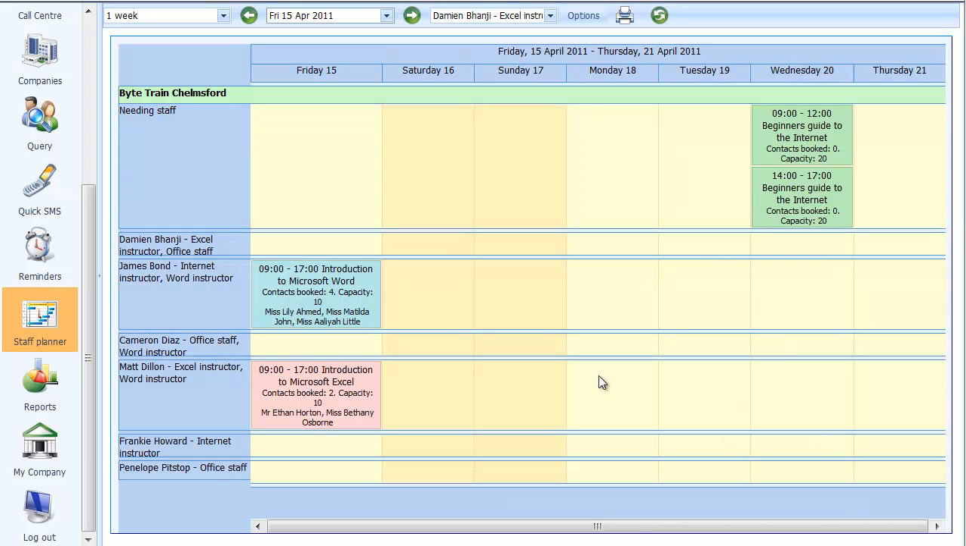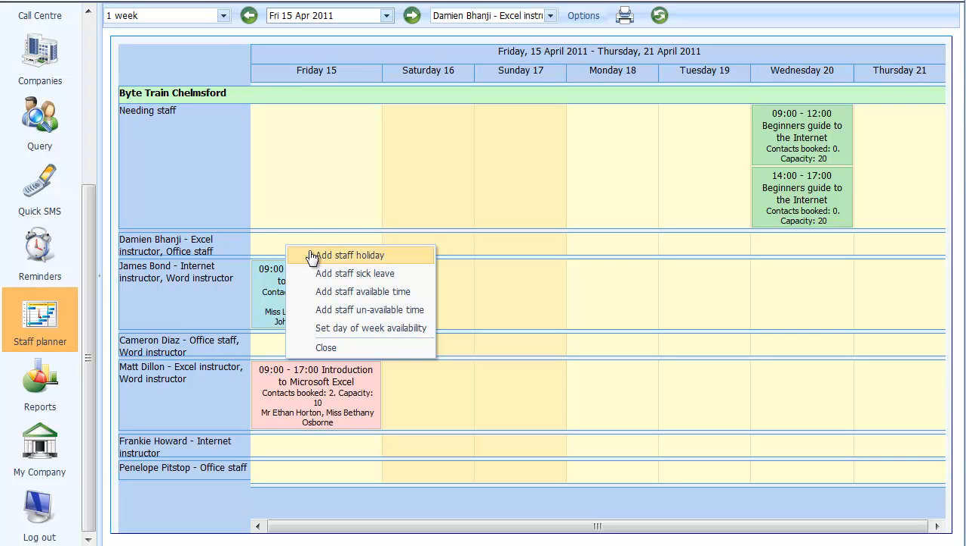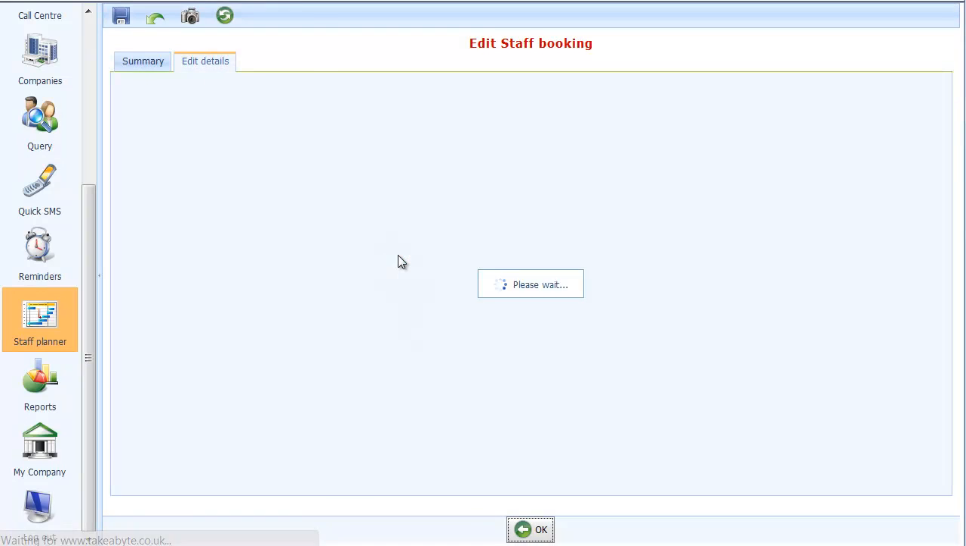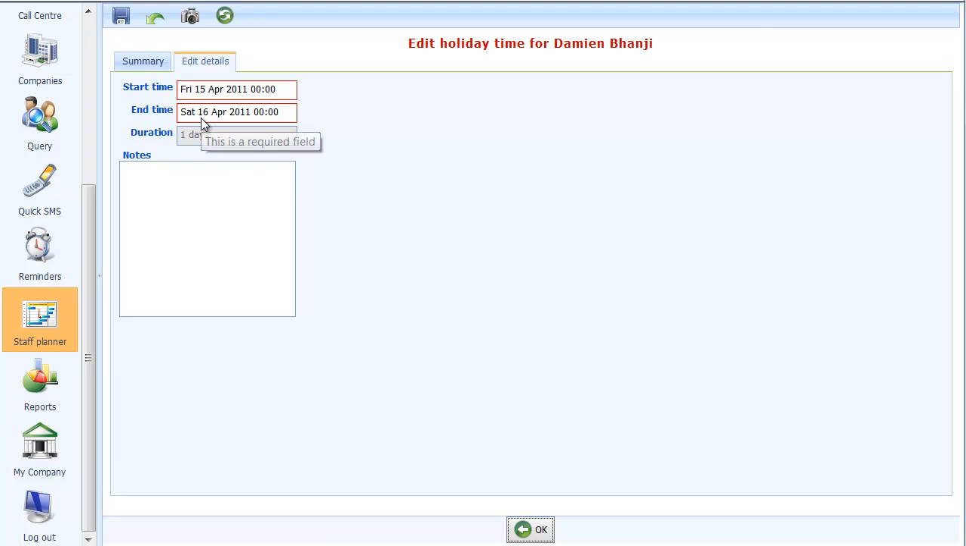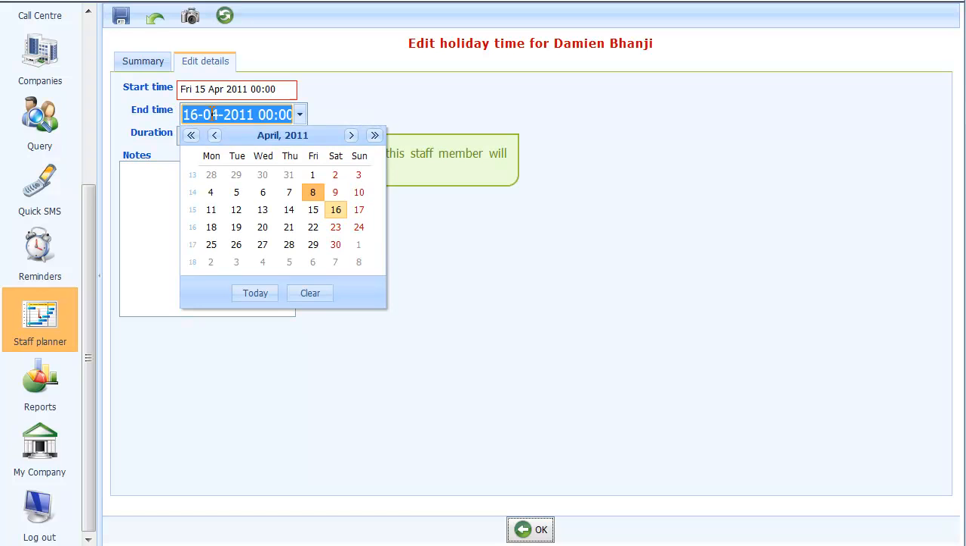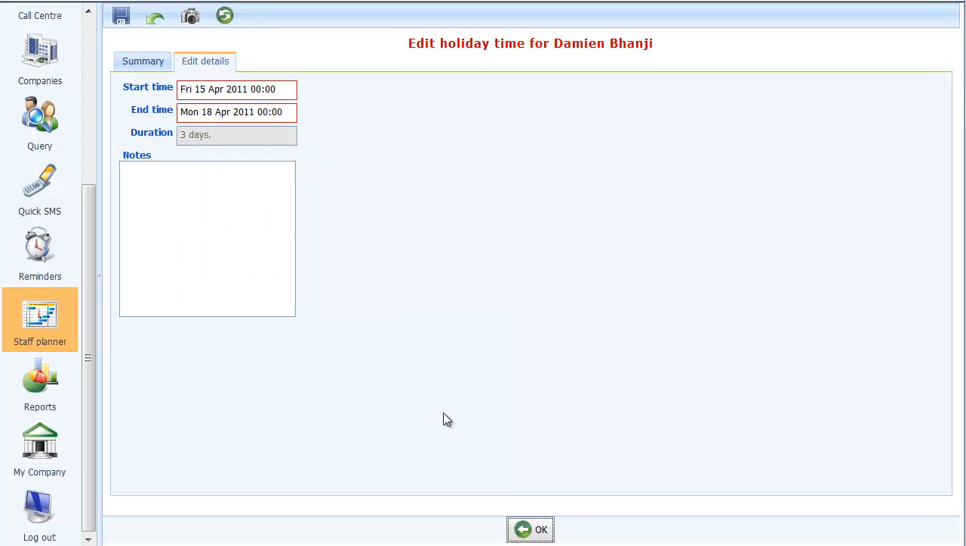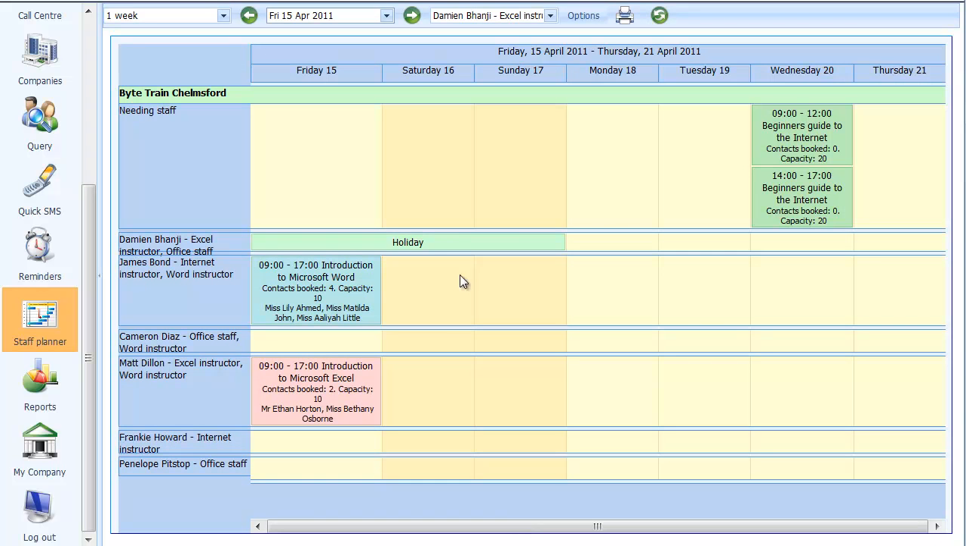Now you can also use the planner to show staff holiday time, sick time, or unavailable time. So I'll illustrate that here. If I click in this cell here, I get the menu to add these items of information. So I'll say that I'm on holiday, say for, let's say, 3 days. So go down there, set it to the 18th, and there it's mapped out those 3 days that I'm on